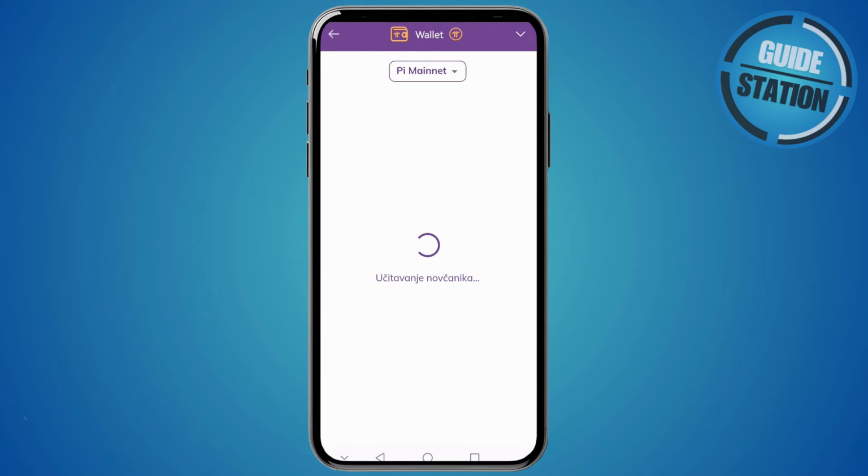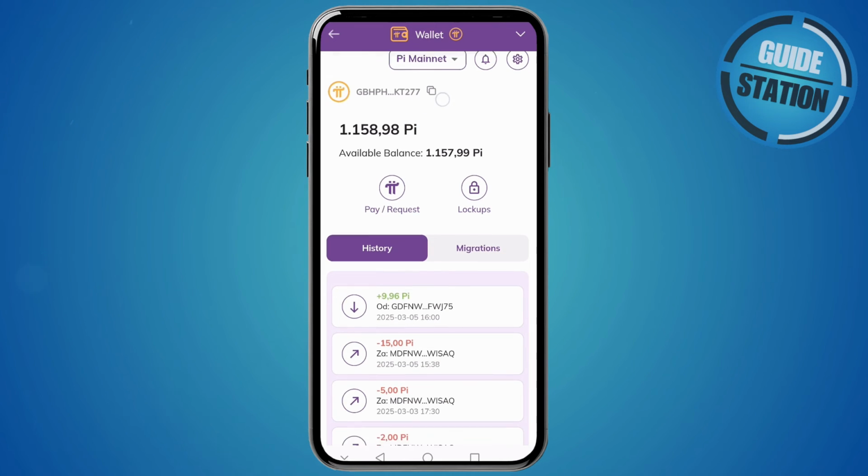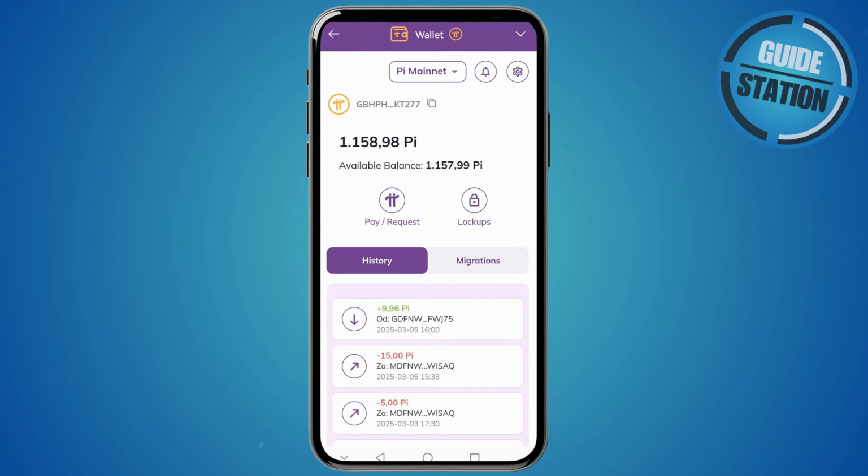my Pi wallet. Now, once you're in your Pi wallet, here you can see your public address, aka your deposit address. So the address that someone would need to have to send you some Pi coins. Here, to copy this address, you can just click this copy icon right here, and then the address will